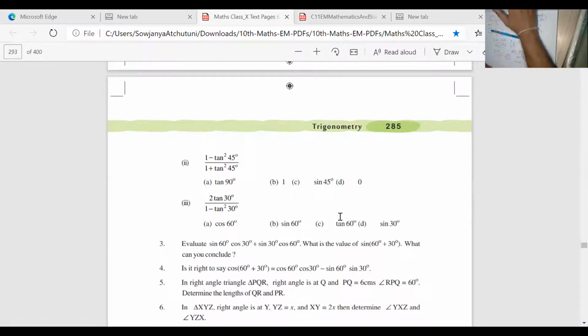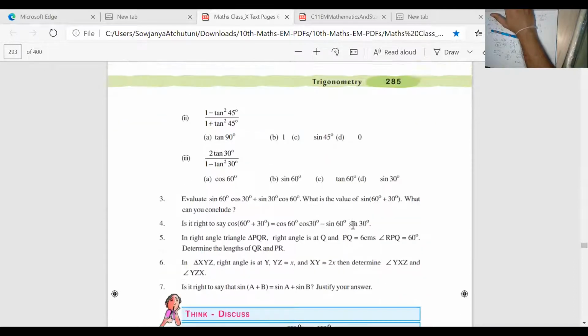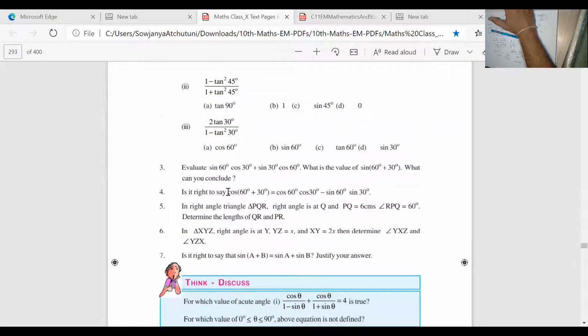In fact, it is the tan 2 theta formula. Tan 2 theta is equal to 2 tan theta by 1 minus tan squared theta. So 2 tan theta by 1 minus tan squared theta, with 2 into 30, that is tan 60. So instead of the formula, which will come at a later stage, we have now substituted the values and found it is root 3. Root 3 is nothing but tan 60.